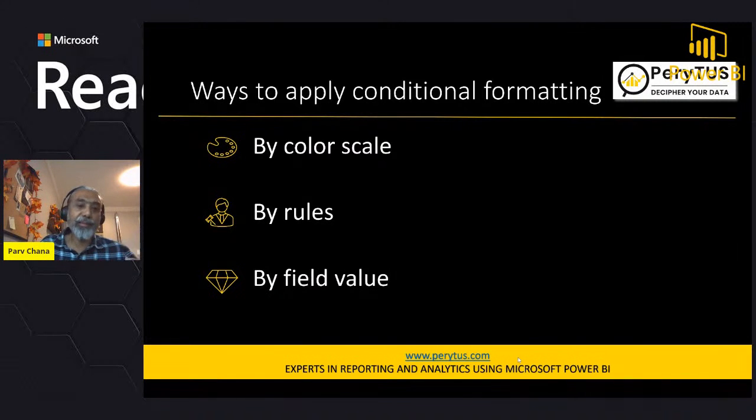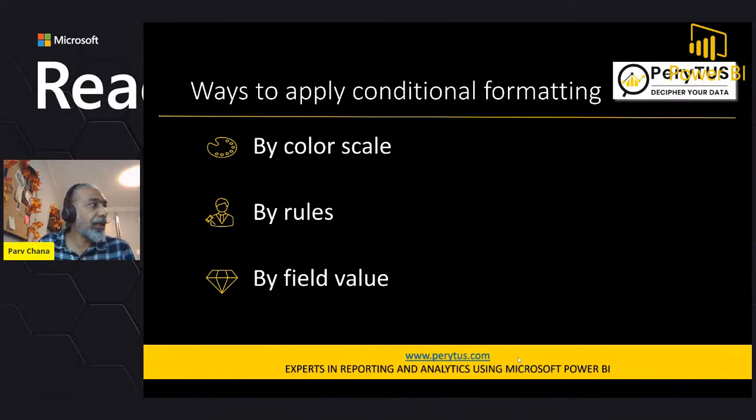But if we create a measure and then apply that measure into both those visuals, which we will see, then you're basically creating one measure and putting your logic in there, what you want to highlight, how you want to highlight, and then you can apply the same measure into multiple visuals. So that gives it a lot more flexibility, easy to manage, and it's very scalable.